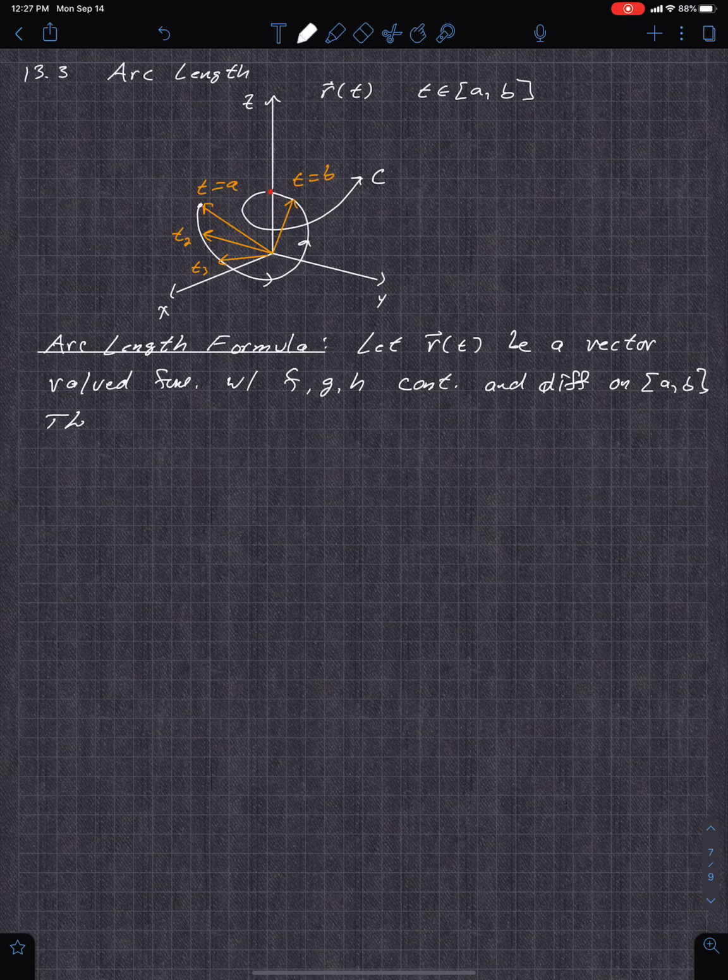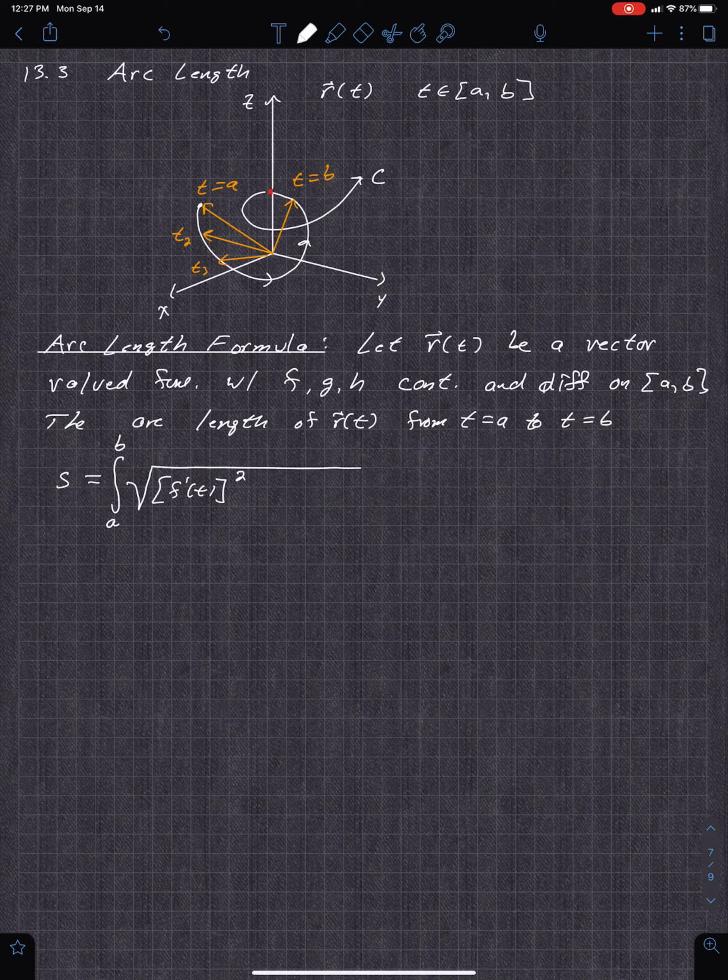The arc length of r of t from t equals a to t equals b is s equal to the integral from a to b of the square root of f prime of t squared